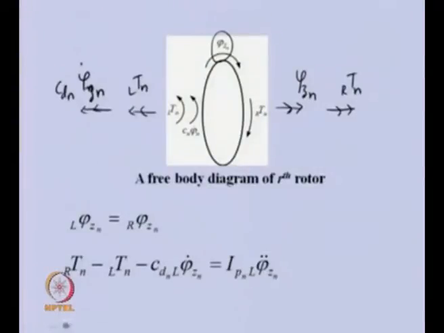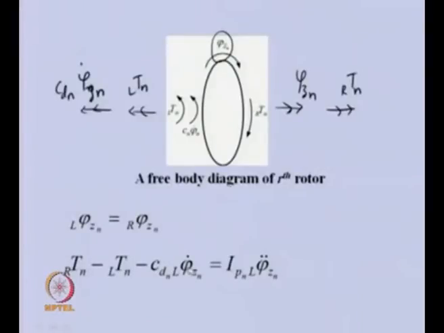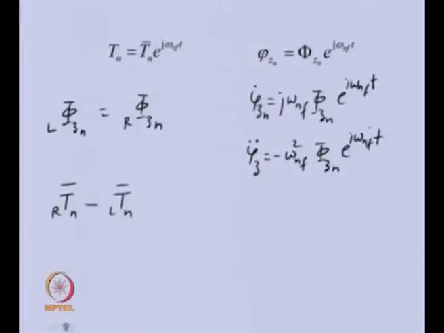This is from the first equation. The second equation contains so many torques, so we can have T or N. The e raised to j omega t terms I am taking out, because that will be cancelled out throughout the equation. This is the second expression, and then we have a damping term: minus C d n j omega n f